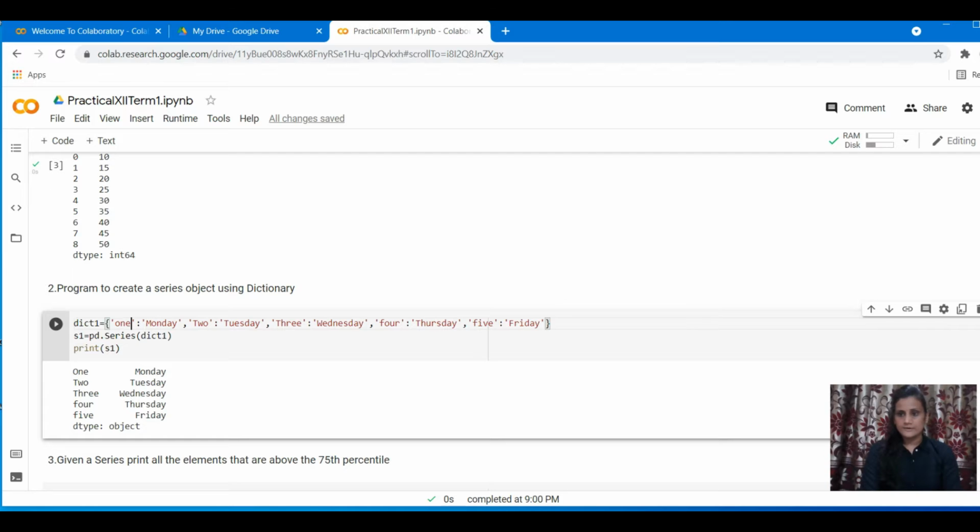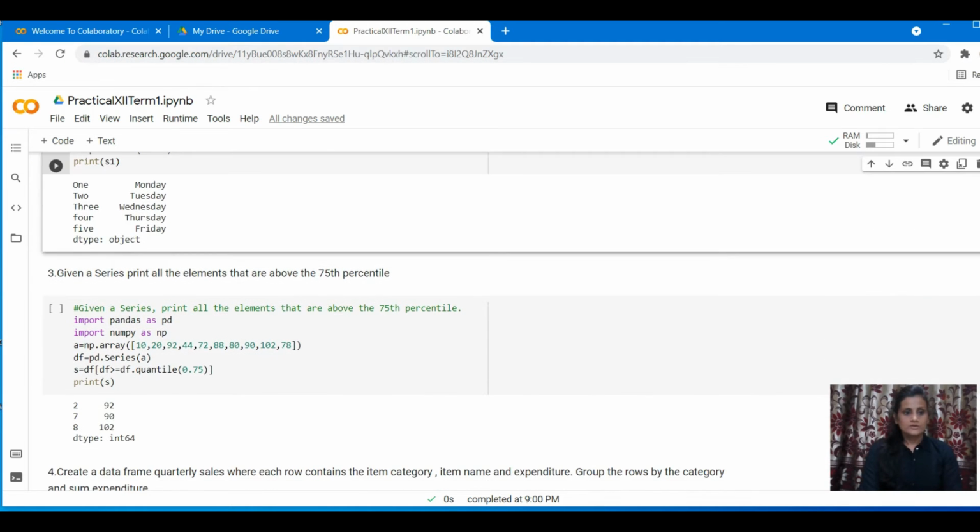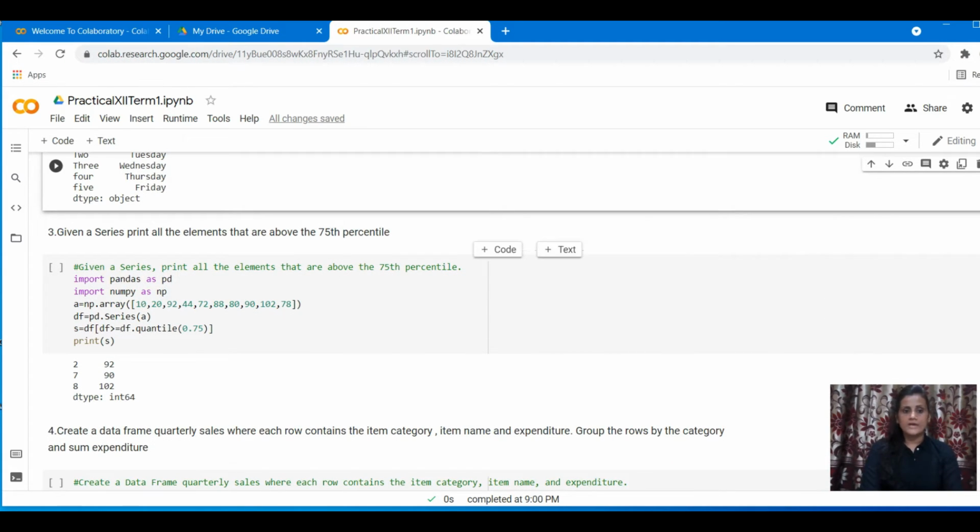Now the next program is: given a series, print all the elements that are above the 75th percentile. Now you have to understand what a percentile is.